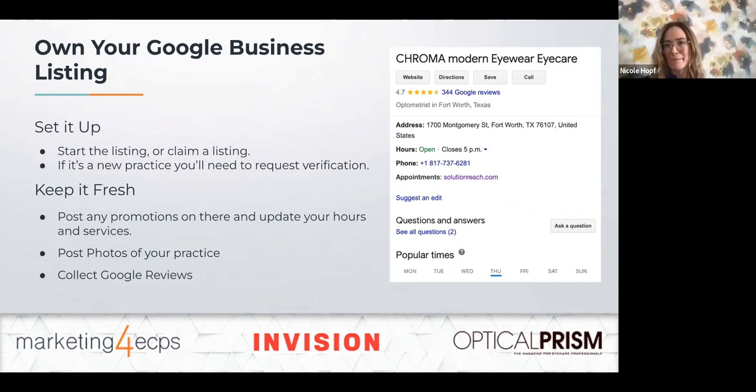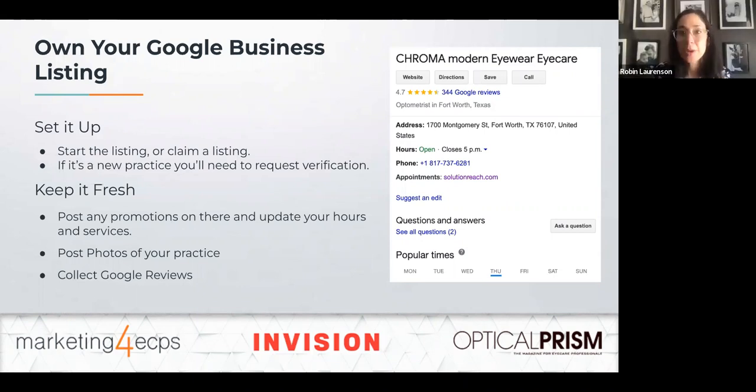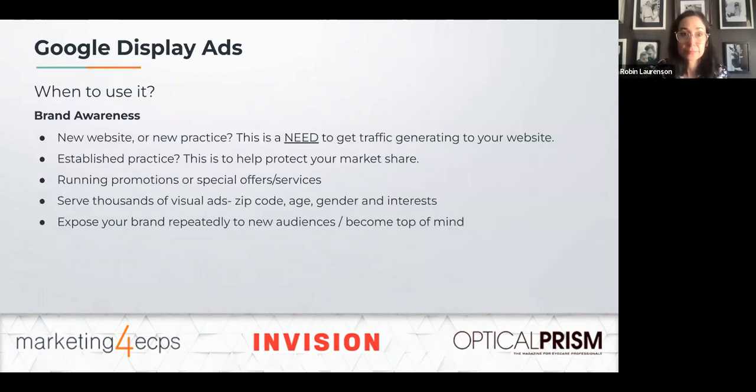And third, for SEO purposes, long term, you can have a really great website, great social media, great marketing. But if you're not claiming your Google My Business listing and you're not collecting Google reviews, it is going to hurt you in the long term because Google rewards Google reviews. It helps you rank organically. And when you're ranking organically, that means that you're showing up on that first page of Google. You're claiming that valuable piece of real estate. I mean, this is just one of the components, but it's a very important component. And it is something that we always encourage practices to please collect and be very diligent about.